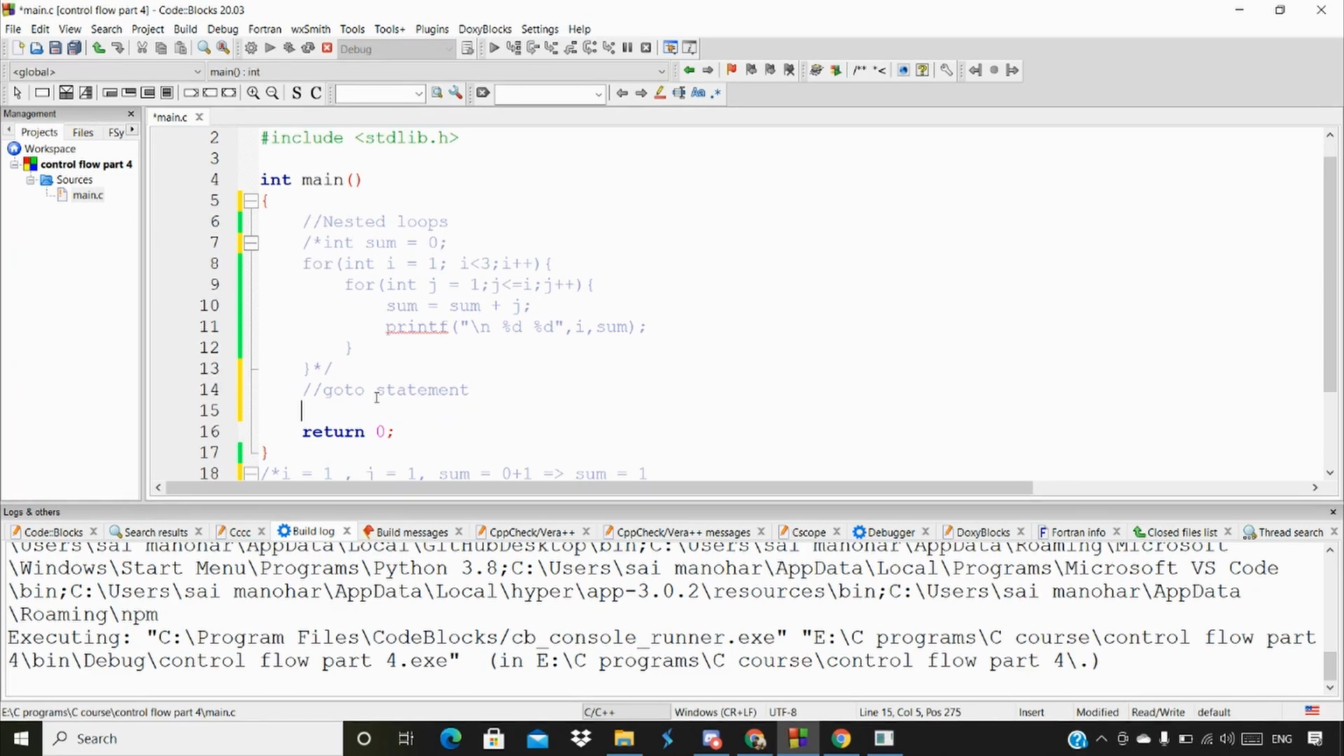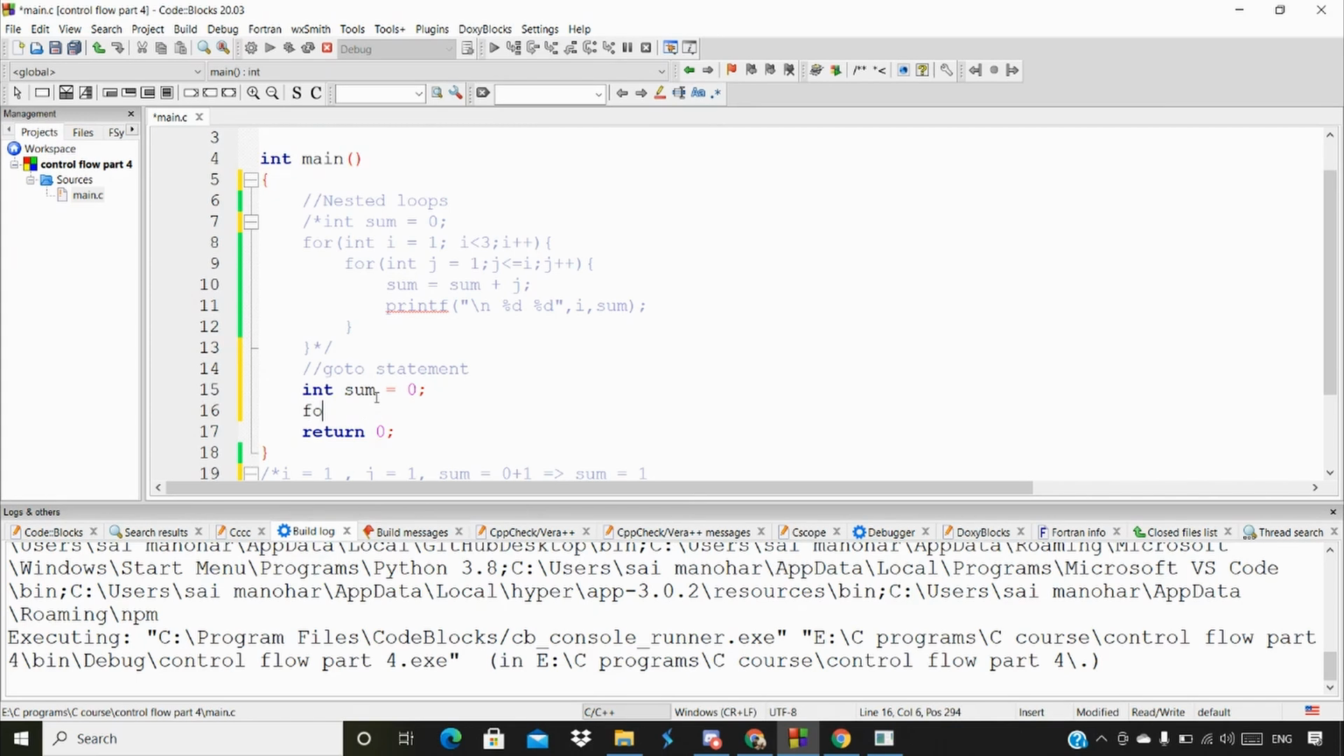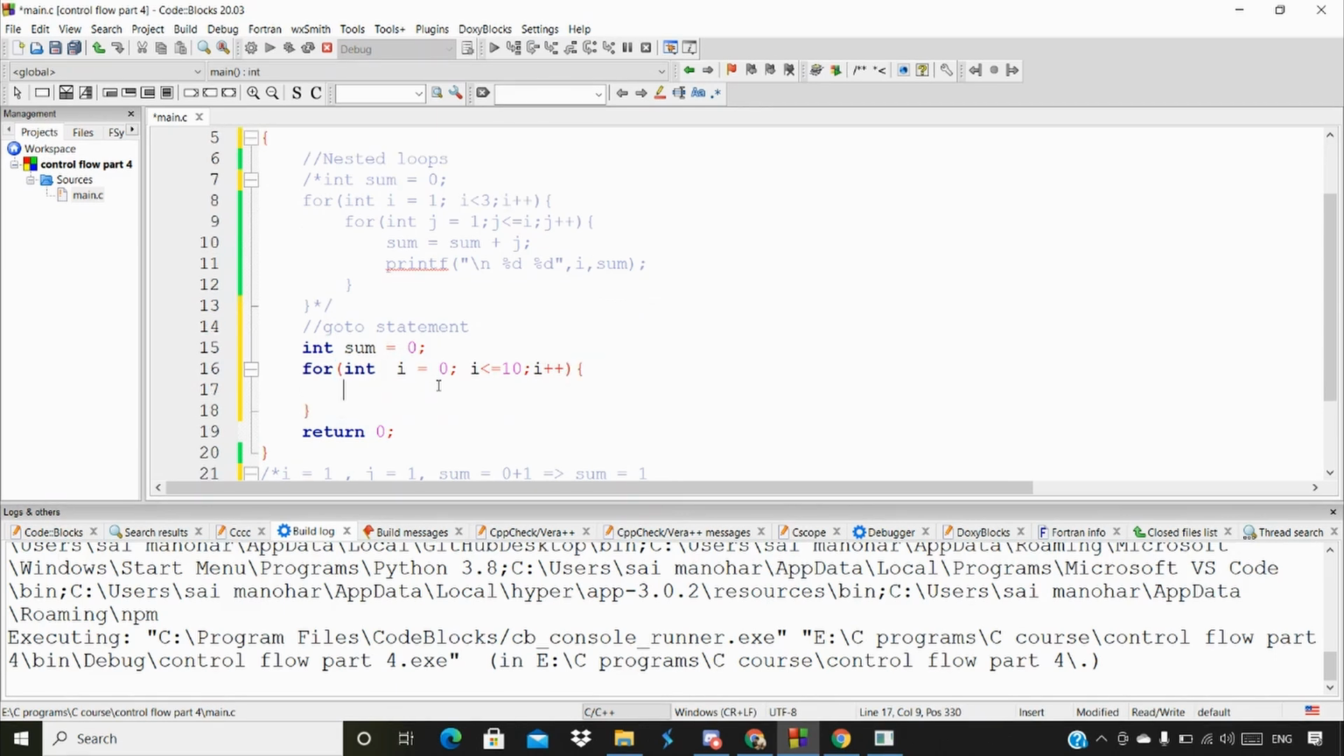So now let's write the code here. We are inside the main function. Now I'm going to declare a variable with the name sum and initialize it with 0, and I'm going to give a for loop here. Inside the for loop, I'm going to declare i and initialize it with 0, give a condition i less than or equal to 10, and increment i plus plus, with open and close curly brackets. Within this,